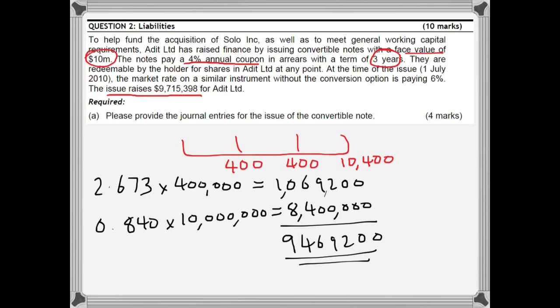Which, if you have the solutions in front of you, is different to what the solution is, and the solution we have provided is 9,465,398, which is a difference of about $3,802. In terms of materiality, $3,800 seems like a bit, but if you work out the percentage that is, you're looking at